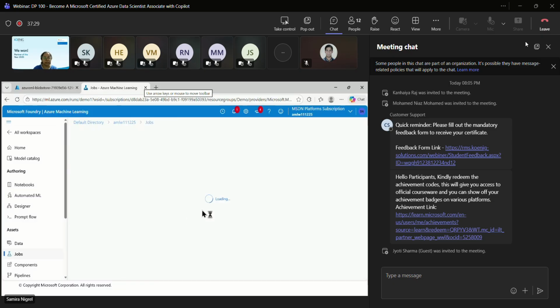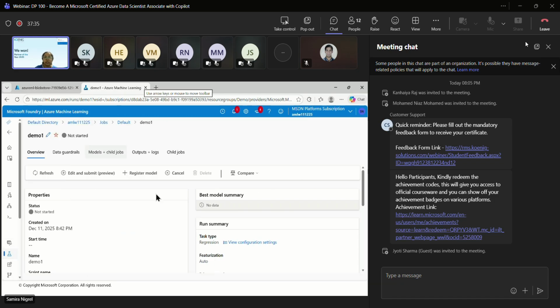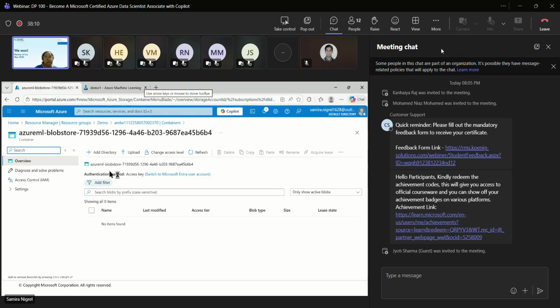You'll notice that once it is submitted, it jumps to the jobs. Over here in the job, all the details will be provided. Currently, it has not started. In a few minutes, it will be running. Multiple algorithms are going to execute, hyperparameter tuning will be done, and metrics will be checked, so it's going to take some amount of time. The maximum experiment time we have set is 20 minutes. Within 20 minutes, you'll find the results of multiple different algorithms on the data. Here you can see it is now running.